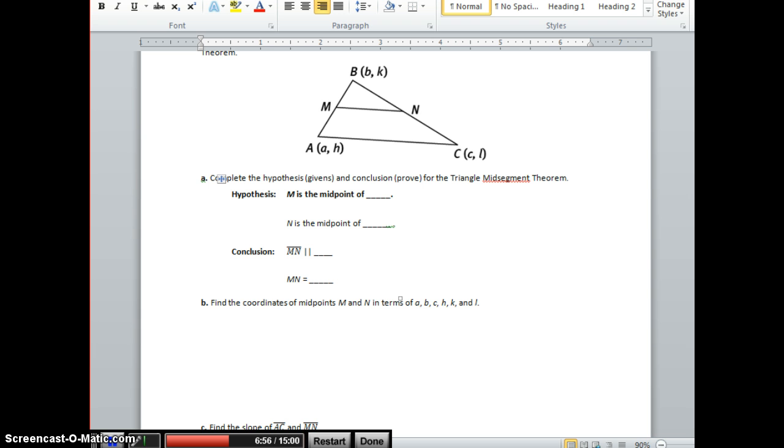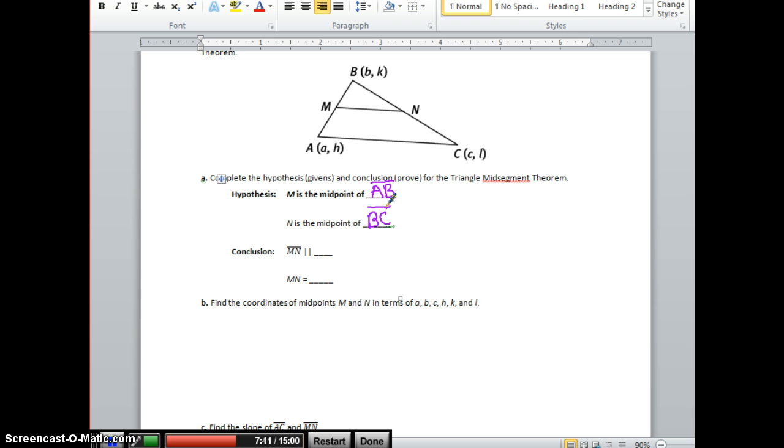Okay. All right. So you notice you have a picture of the triangle midsegment, just like what you had on the slides. And then part A. So we're going to need to complete the hypothesis and conclusion of the triangle midsegment theorem. And remember, whenever we do this hypothesis and conclusion, what that's basically meaning is what am I given, what am I starting with, and what am I trying to prove, okay? So remember the hypothesis, what we're starting with, the givens, is that we have a midsegment, and midsegments are made of midpoints, okay? So this means that M is the midpoint of this side up here, which would be AB, all right? And then N is the midpoint here of BC,